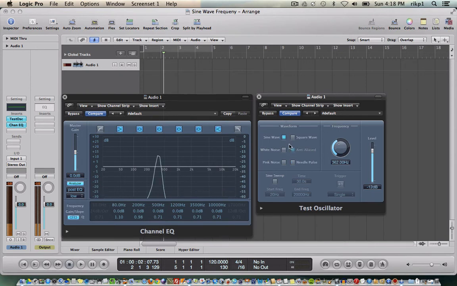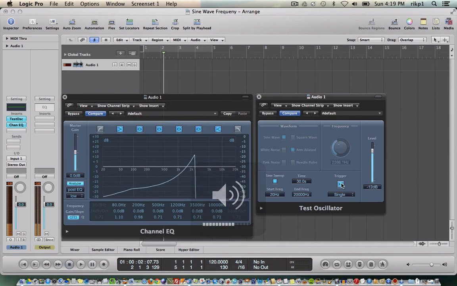Now, the other thing that's interesting, if you want to test your hearing or test your system, which is nice, you can also set this to do a sweep. In this case, I've set it to sweep from 20 hertz, which is the low end of human hearing, to 20,000 hertz, which is the high end, theoretically, of our human hearing. And it'll sweep. What happens is, like me, I can't hear anything really below or above 17K. And it's gradual. It just doesn't cut off. It's a gradual disappearance. So you can just trigger the sweep, click it,